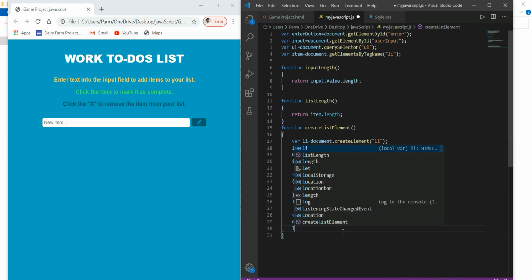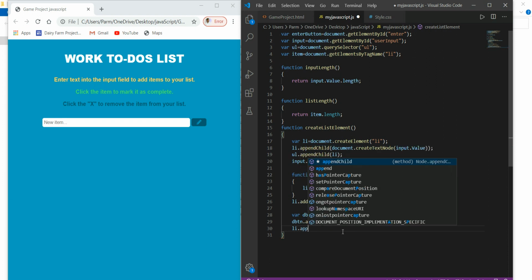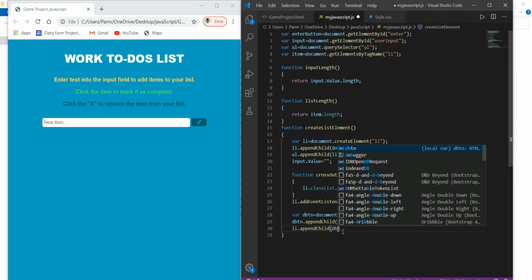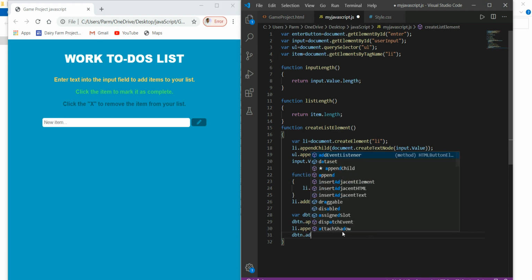So here I write list.appendChild, and here we have to write deleteButton. Then deleteButton.addEventListener.